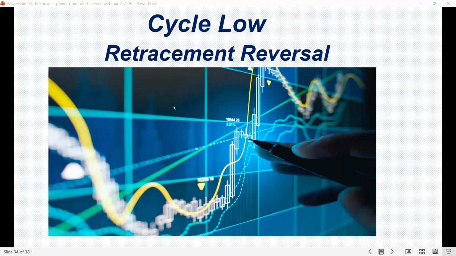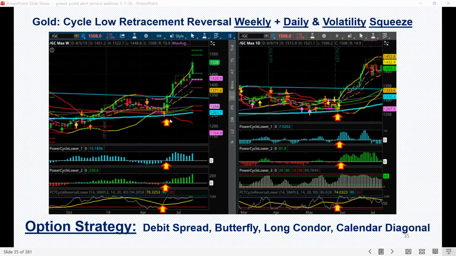And here's your cycle low retracement. This is where you get a move to the downside, but it goes into a key moving average and bounces or retraces off the key moving average. So this was an example for gold futures. Here was on the weekly. You can see it came down, broke back above that's the 200-week moving average. Started consolidating. See the squeeze going on there, and then finally broke to the upside out of that squeeze. Here it was in a daily squeeze right on top of the 200-day. All right, so that's a cycle low retracement off that key moving average there, and a break back to the